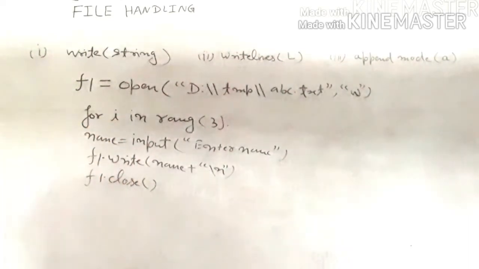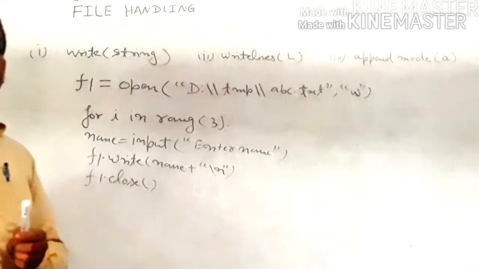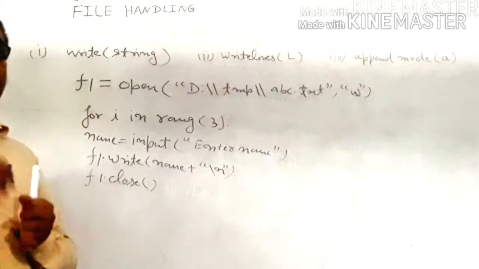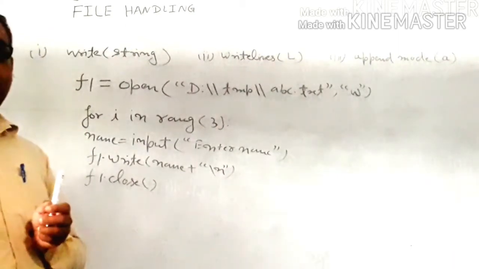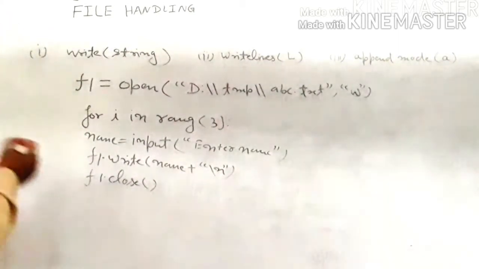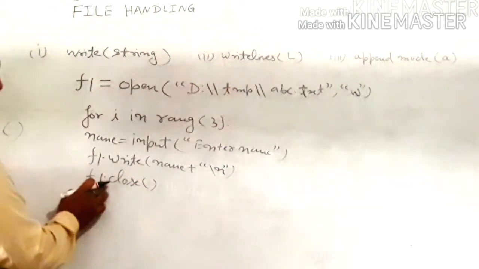There is also a function known as flush. When you write the information, we can call the flush method. The flush method forcefully takes the information from the buffer and writes it to the file. So we write here f1.flush, F-L-U-S-H. When you write anything, we call f1.flush, so the information goes from the buffer to the file. That is important for flush. And then we can close this file, f1.close.